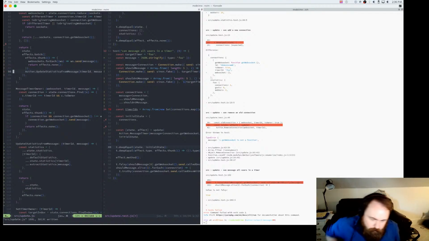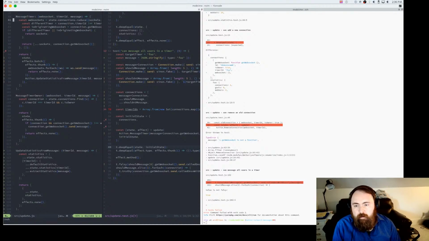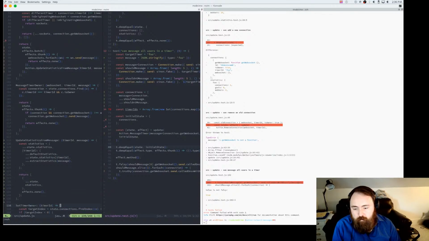So again with FERP, this is going back quite a while ago, but all messages are just side effects, which kind of simplified a lot of the internal logic. So with that, we should be able to just pass this through, and then update statistics is going to run the very next tick or whatever.